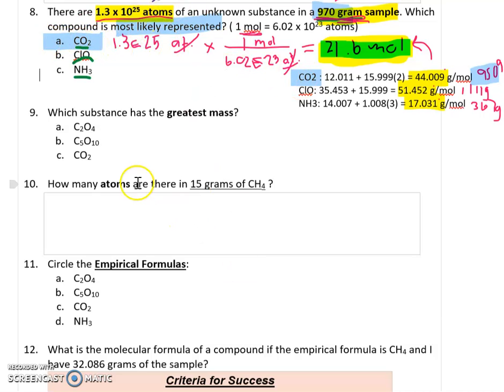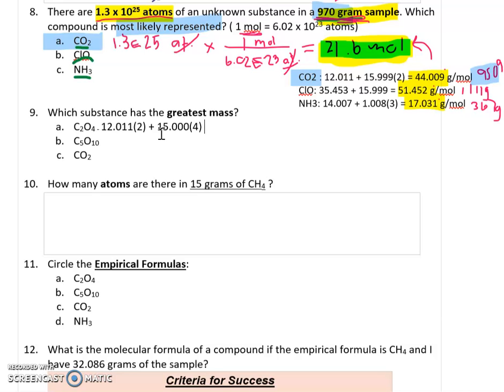Okay, let's move on to this next one. Greatest mass. So this one's pretty easy. I know that for mass in general, I have to find out the total molar mass. So carbon is 12.011, but there's two, here, let me make that more clear. There's 2 atoms of carbon, so I have to multiply that by 2, plus 15.999 times 4. So let me do that real quick. 12.011 times 2 plus